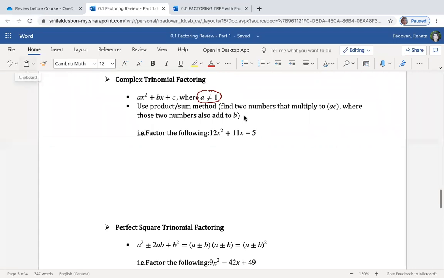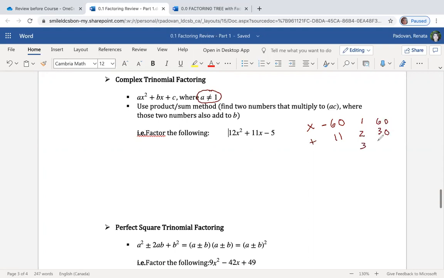We're going to look for two numbers that multiply to negative 5 times 12, the first times the last term, and add to the middle. So let's write that down. I'm looking for two numbers that multiply to, again, negative 5 and 12, which is negative 60, and that add to positive 11. So I know that the numbers, again, have to be one positive and one negative. So let's start writing everything that multiplies to 60. So 1 times 60, 2 times 30,